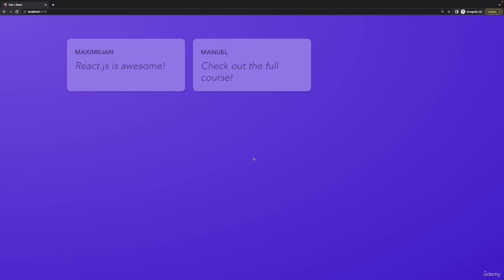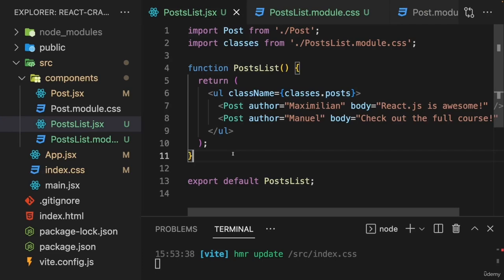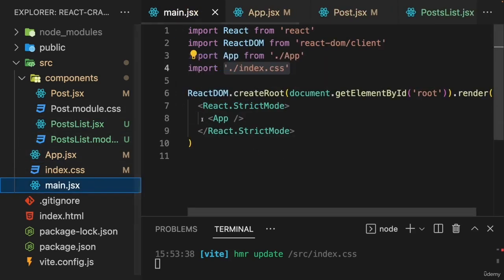And with that, we now don't just have a nicer look, but even more importantly, we now have another custom component and we can see how these different components work together. We're using the post component multiple times, so with multiple instances, as it's called, with different configurations with help of our props here, inside the posts list component. And we're then using the posts list component in the app component, which in turn is used in main.jsx to